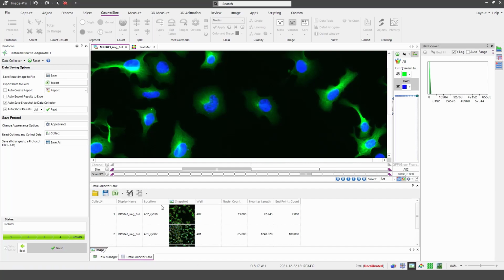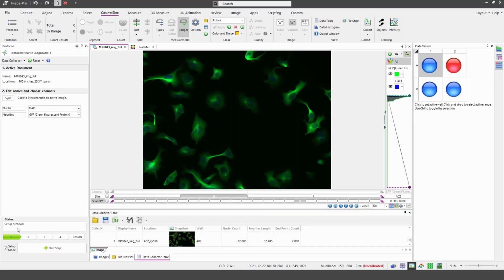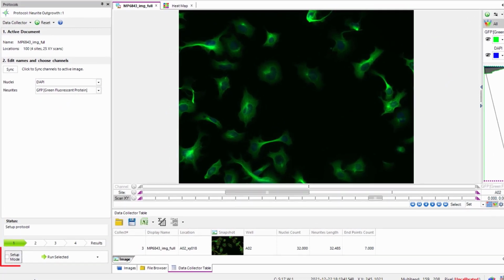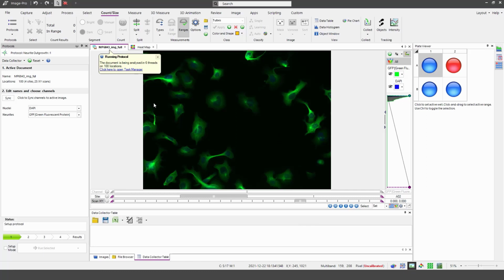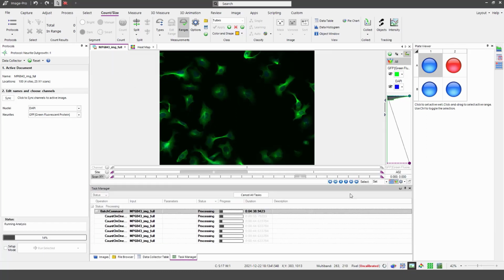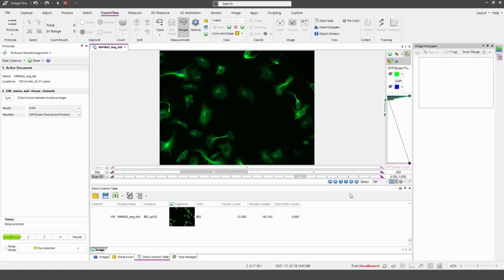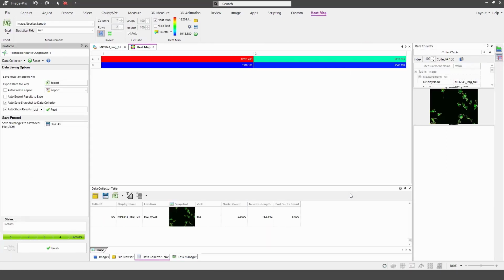And I'm now ready to run the protocol on the whole plate. So having selected Finish, I'm going to deselect Setup Mode. That means that we're now going to execute the protocol on the active range, and the active range in my case is the whole data set. So as I click Run, we can see that the protocol is running, and I show the task manager here. And I'm showing this clip at 20 times real speed, just to keep it from being boring. And we actually executed the whole thing in just over 2 minutes, so good impressive speed, thanks to the multi-threaded